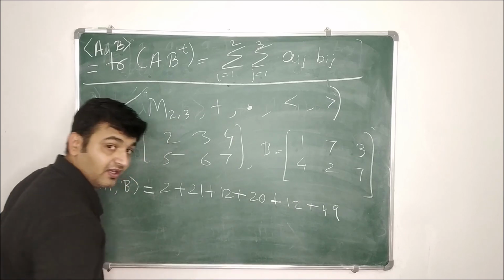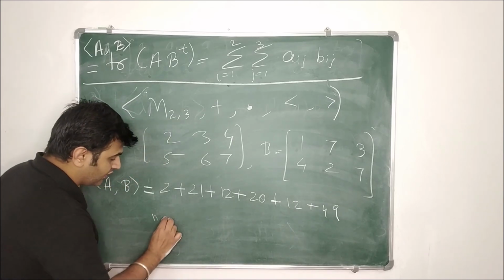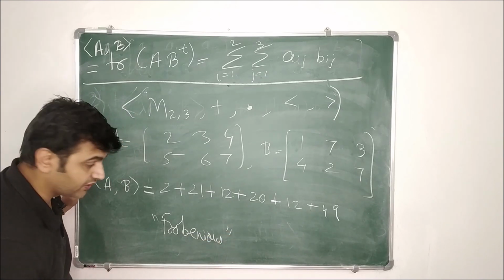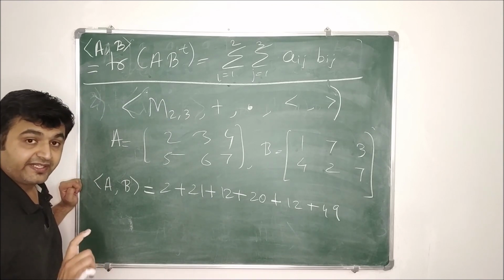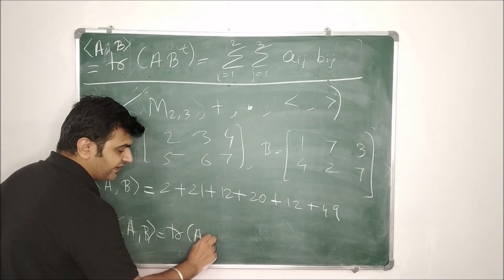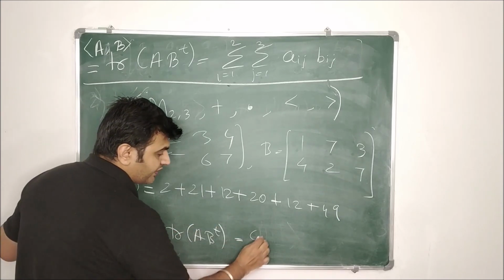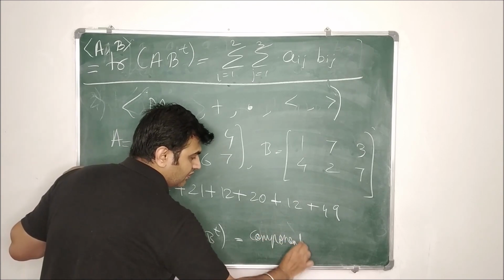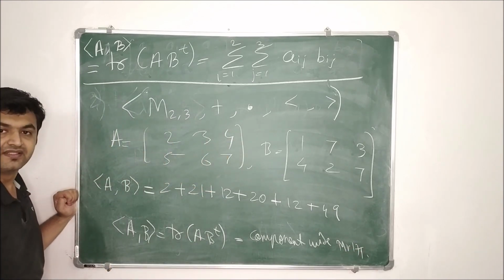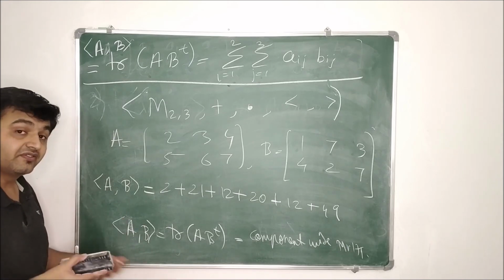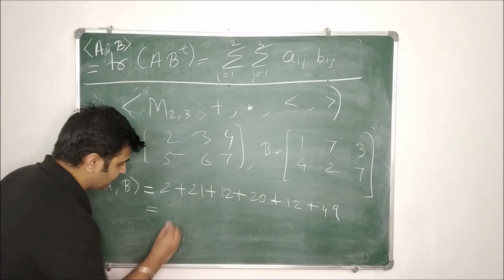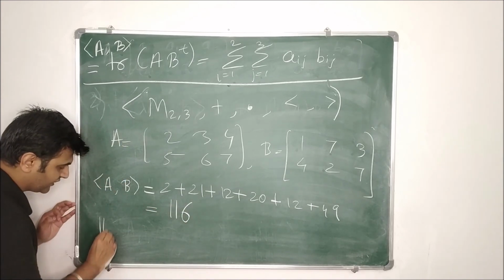That's why I wrote it this way. And this product is called the Frobenius product. Frobenius was the one who gave this. So this is called the Frobenius product. Okay, so many times you will observe that people will define the inner product AB as either trace of AB transpose, or they will say you take component wise multiplication. Both are the same thing. Okay, so don't think, oh, these are different inner products. No, they are the same inner product. Good. So what do we get? This is 116.